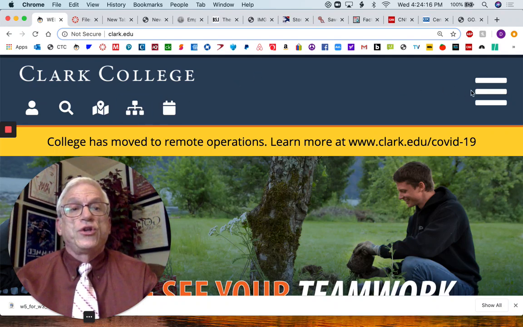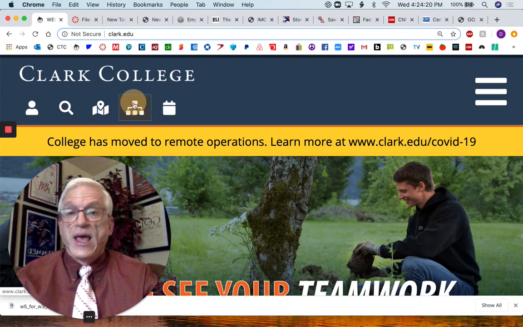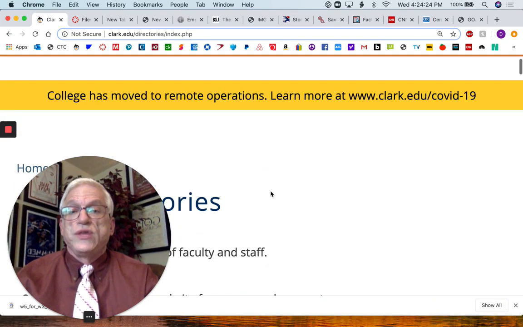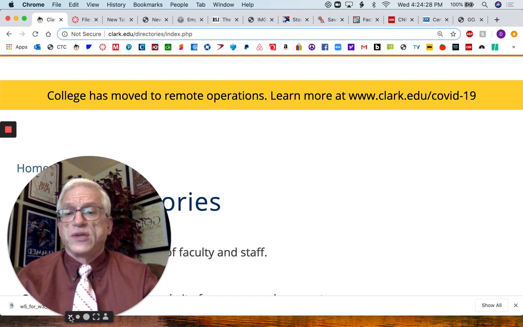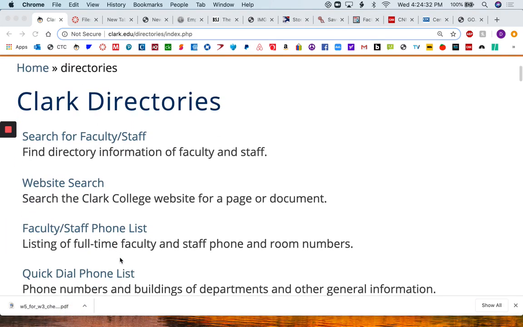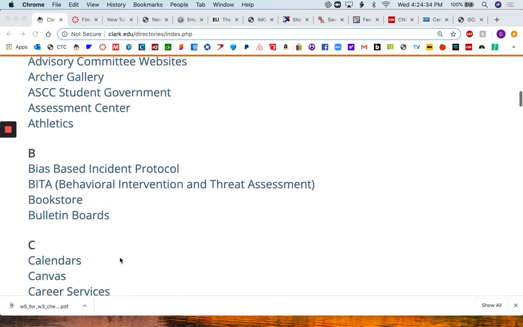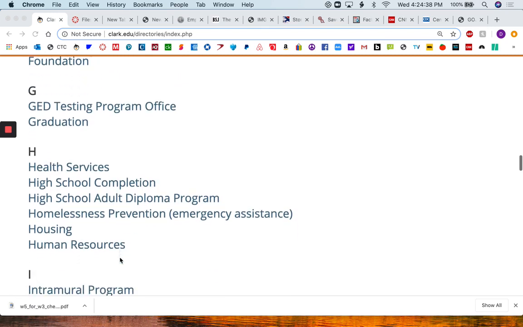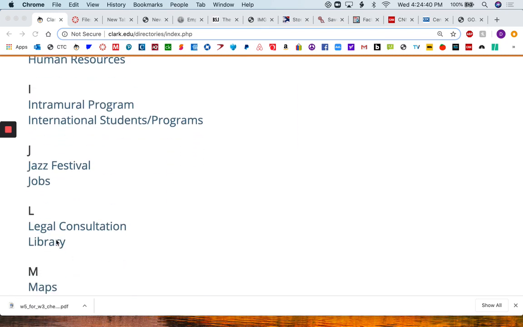And what we're going to do is we're going to go over here to the directory link, and you're going to click that on. And it's going to take you to the directories. And so we're going to go to the Clark directory. We're going to scroll down here to the library page, and we're going to click that on. That's going to take us to the Cannell Library